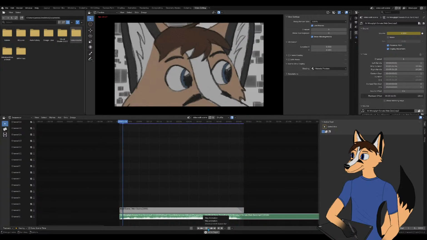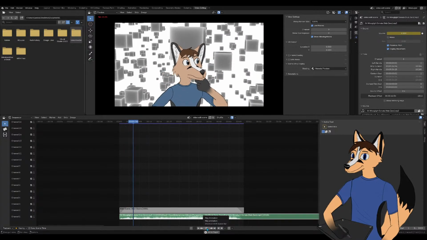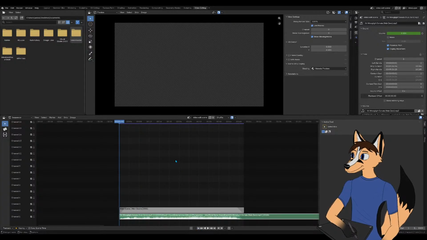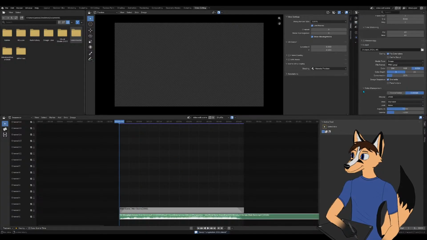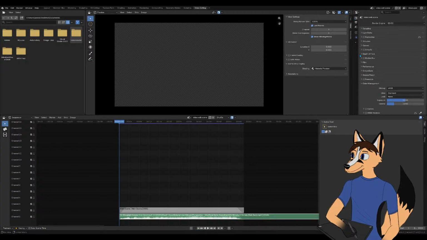Yep, there we go. And got my fade going here, and then in output settings I want to, or maybe it's render settings, I always forget, but I'm gonna change